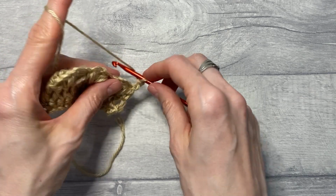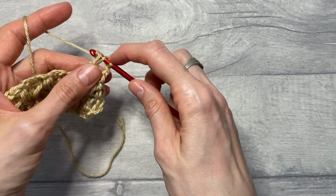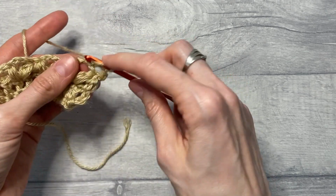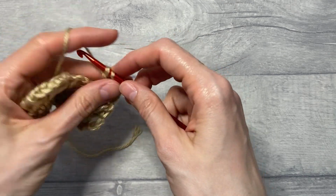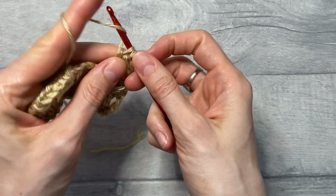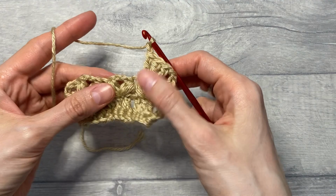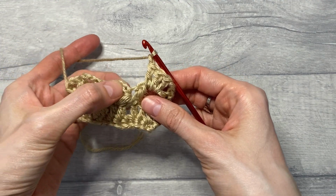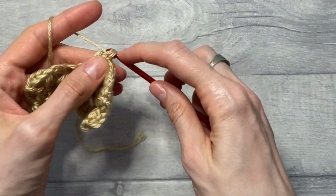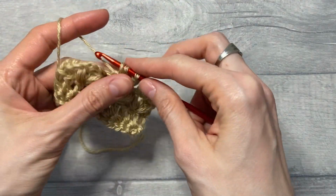So this is how we work it. We yarn over, insert the hook, yarn over, pull up a loop, yarn over, pull through 2, yarn over, pull through 2 for the double crochet stitch. We repeat this 2 more times. Once we've worked 3 double crochet stitches in there, we chain 1 and we move into the next chain 3 space. Again, we work 3 double crochet stitches in there,